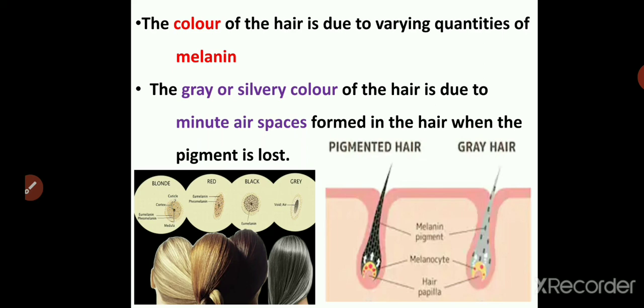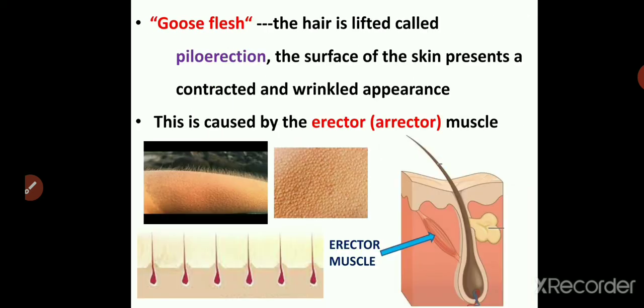So the hair also provides a sensation of touch. Why? Because it has the hair follicles surrounded by nerve endings. And that is the reason it becomes a sensation of touch. But apart from this, at times when you're scared, as you can see in the diagram, can you see the hand shown? And can you see the hair standing all straight? The enlarged view or the diagrammatic form is shown below. All the hair follicles are standing straight and the hair is erect. They're making a 90-degree angle with the skin.